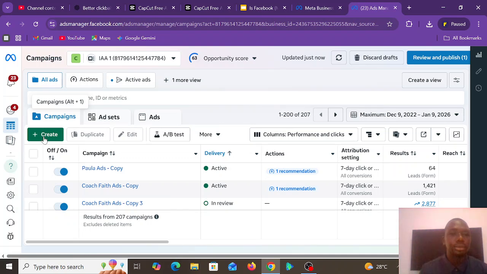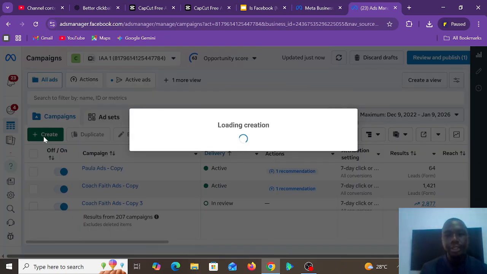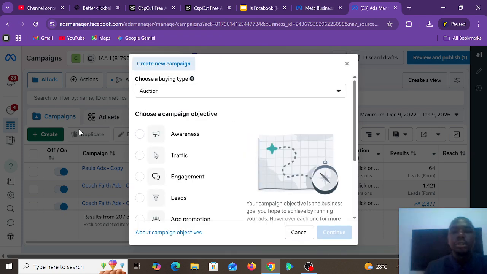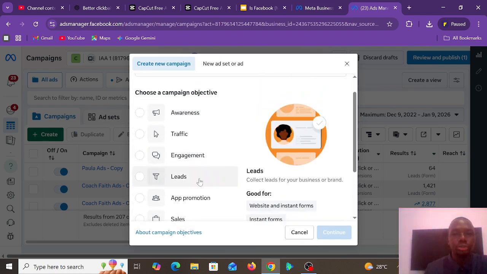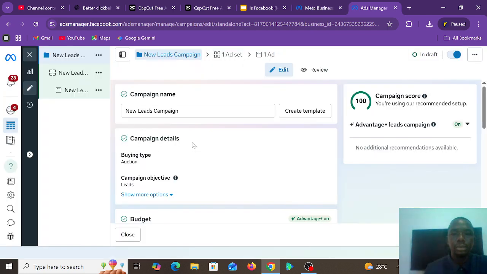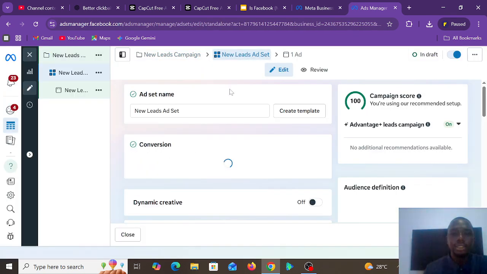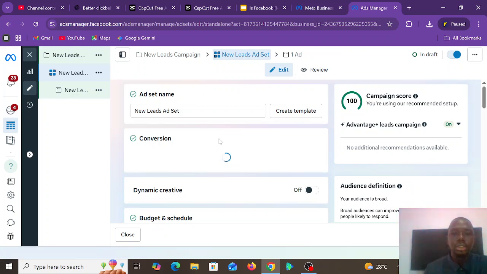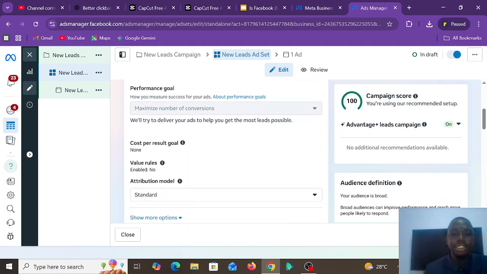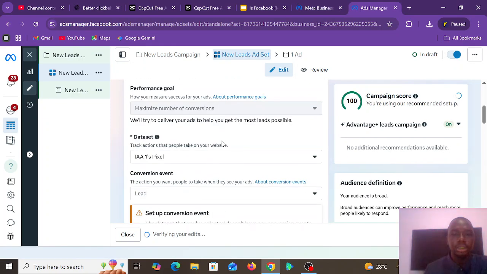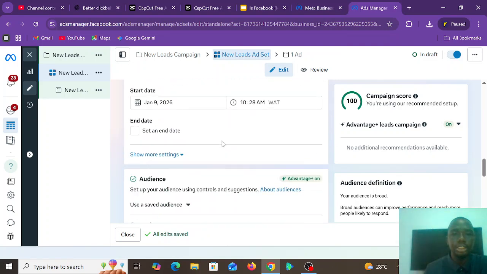Okay, so if you click on create, then I want to use lead, continue, then go to your ad set level, then come down to the audience part.